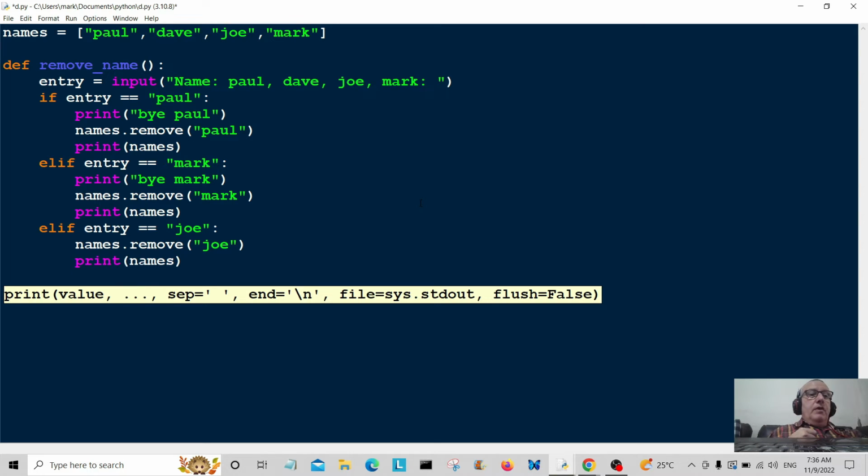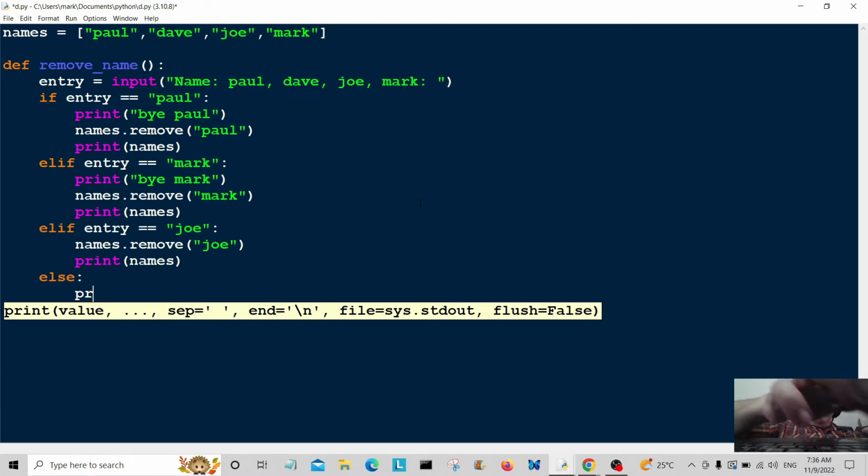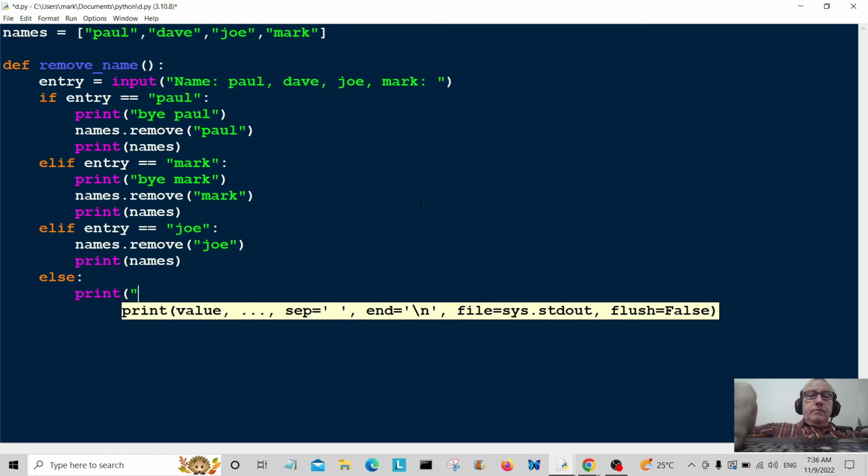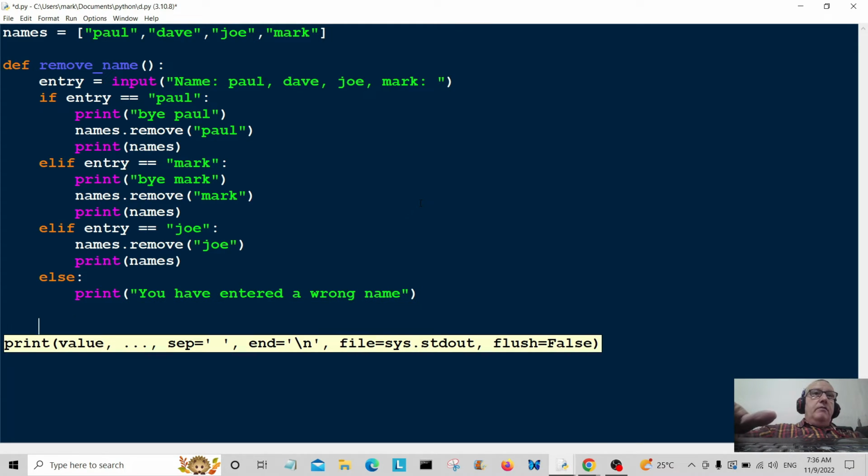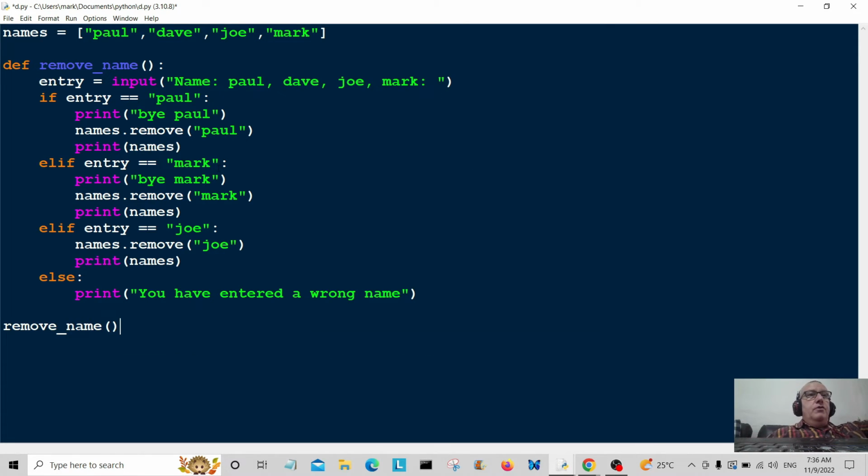And then we're going to do a catch all statement here, which is going to be an else, and print you have entered a wrong name. Okay, all we have to do now is just call this. So we're going to call it by calling it remove name, and this will call the function or start the program. Okay, we're just going to save it there